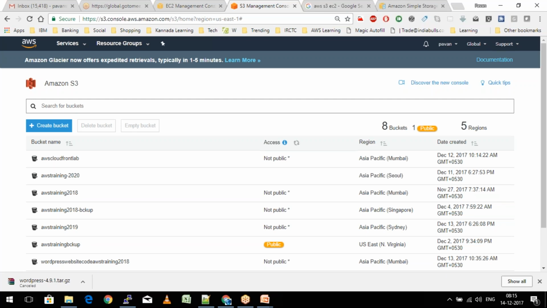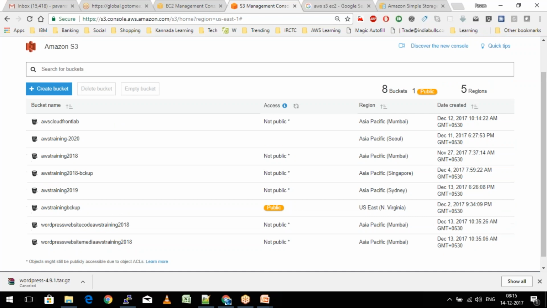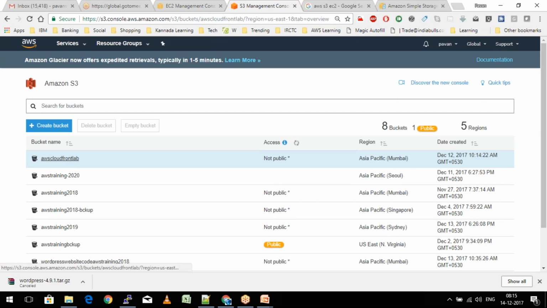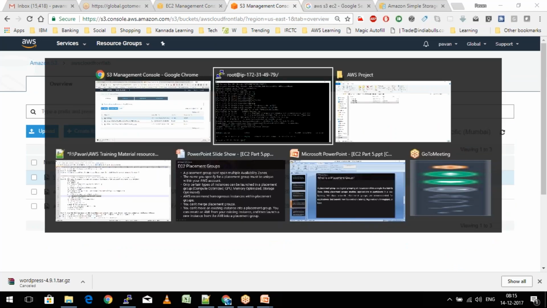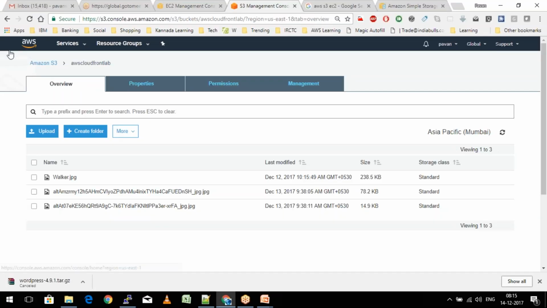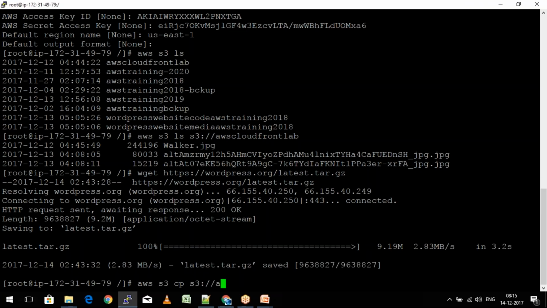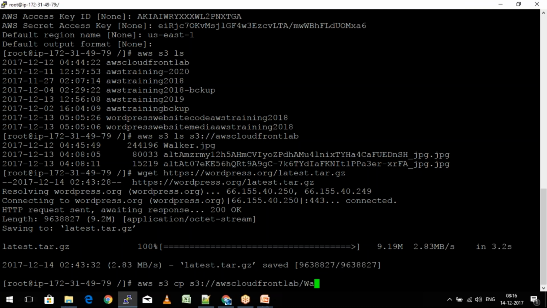Okay, so let's pick up any one of these buckets here. Maybe the AWS CloudFront Lab. I'll just go ahead and pick it up. And let's say there is an image with the name walker.jpg, which I want to specifically transfer across. So what would I do? I'll just say aws s3 cp, and then the name of the bucket is s3://, and the name of the bucket is aws-cloudfront-lab. Right, and the name of the file here is basically walker.jpg,